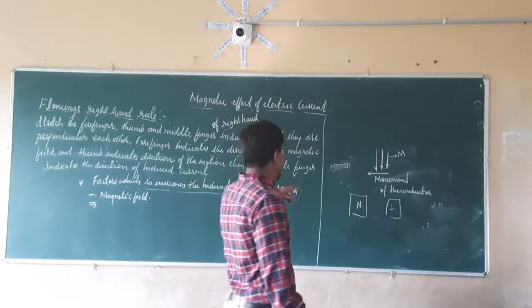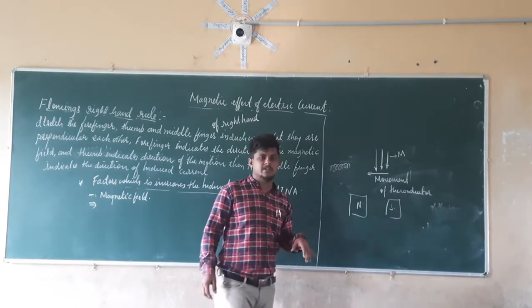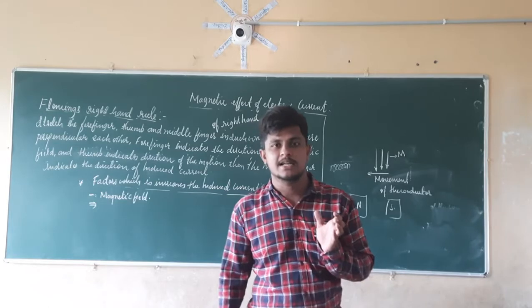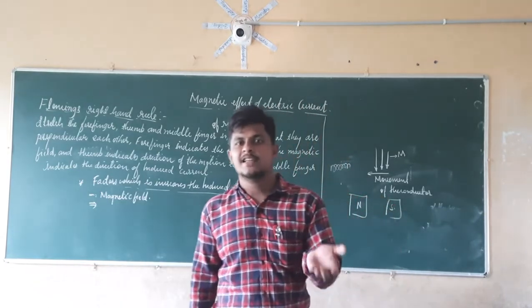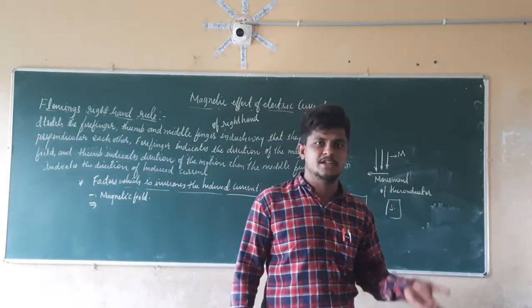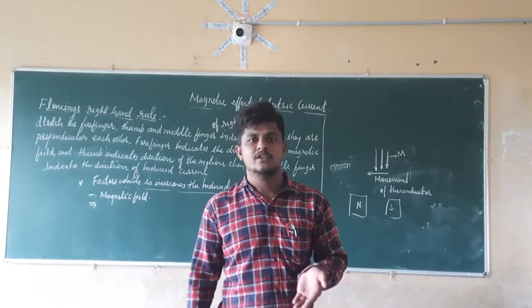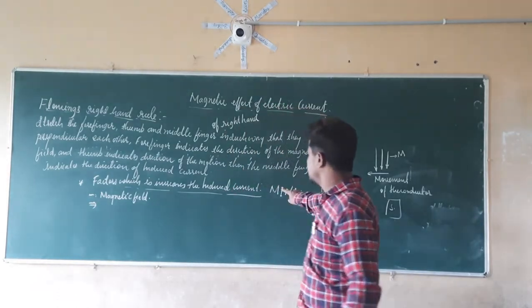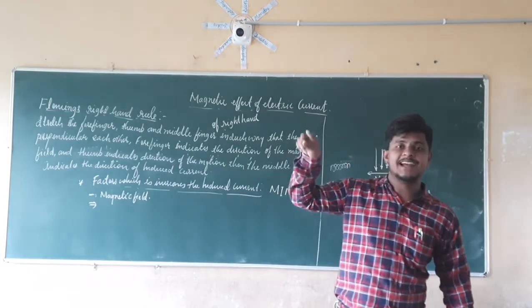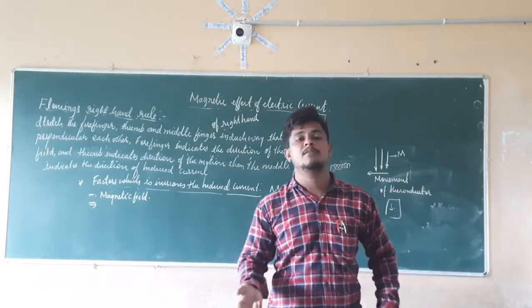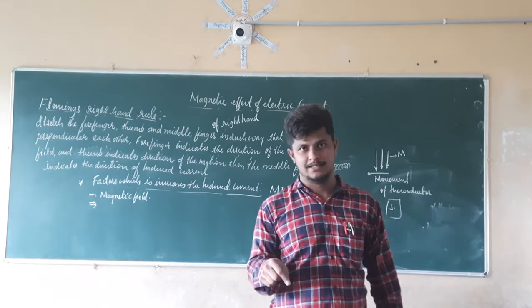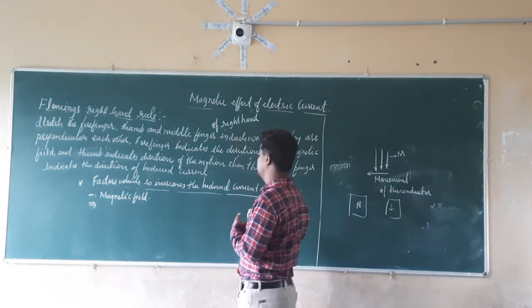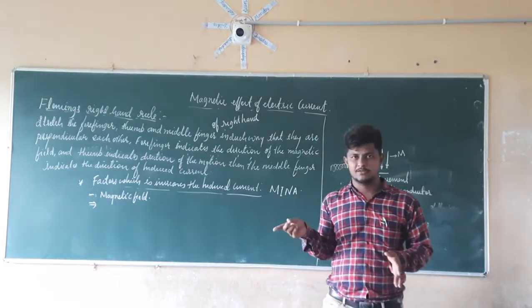So this factor is utilized for making a generator. That generator can be utilized for the production of the induced current. So if it is utilized for the production of induced current, we are going to utilize all these factors so that in that generator we get more electric current. So this is about the factors which increase the amount of induced current.